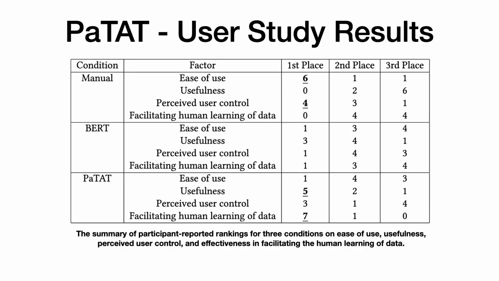In a user study with 8 qualitative researchers, our participants found our system useful, usable, and effective in facilitating their understanding of the data and subsequently identifying themes and forming theories about the data. The result suggests that our system provides a platform for knowledge discovery at the cost of some users' mental attention and a reduced sense of perceived user control compared with a baseline system without AI assistance. However, compared with a system with a black box BERT model, PaTAT better facilitates the user's ability to validate and repair the model when necessary.